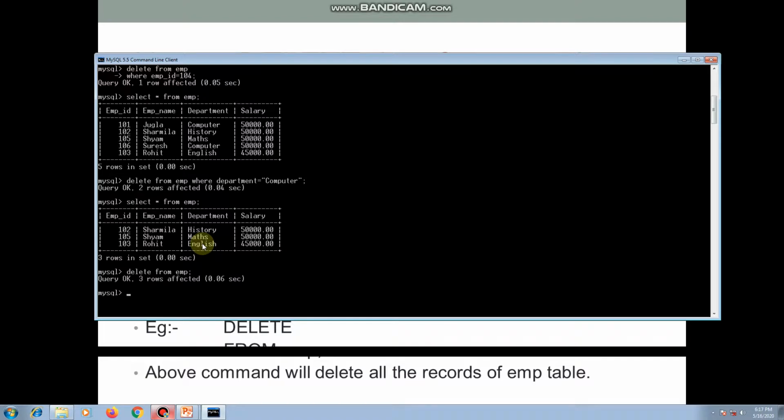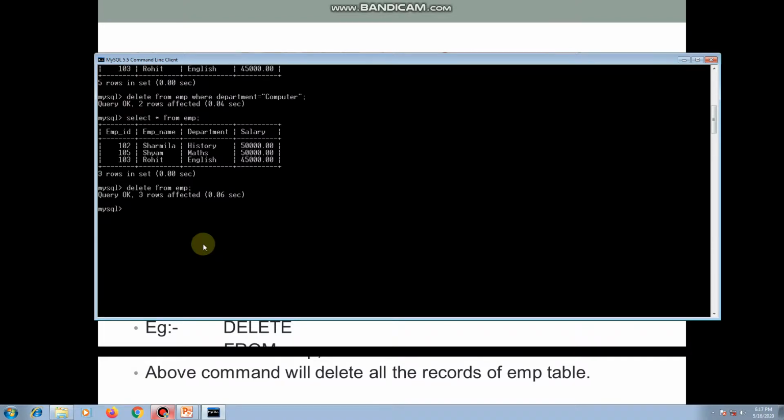So while pressing enter, all the records of this table are deleted. If I want to display existing records of this table using the select command, select star from emp, then you will see that an empty set is returned. That means if you are using the delete command without a where condition, then this command will delete all the records of your employee table or any table.